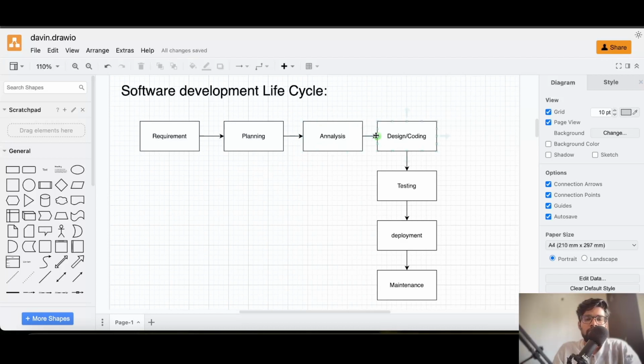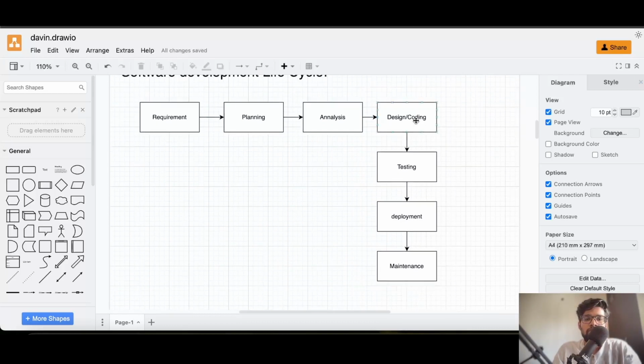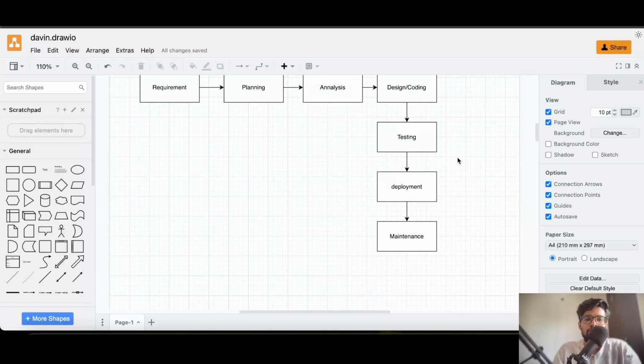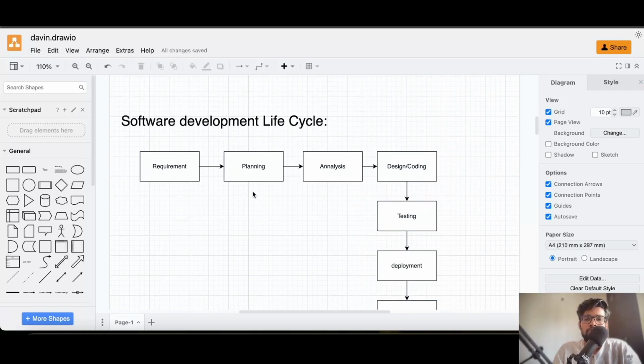In development, tickets are created for every task and passed to the developers. The developers work on the task and create the code. So here the design and coding will happen. After the design and coding, the code is deployed on a QA environment where the testing will happen, and the tester raises bugs to the developers. Developers resolve those bugs. Once this whole back and forth is completed, and if everything is working properly, then it will be deployed to production. Then comes maintenance. So this is the whole software development life cycle.